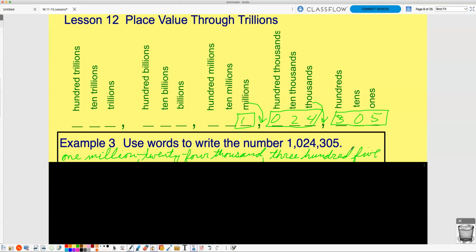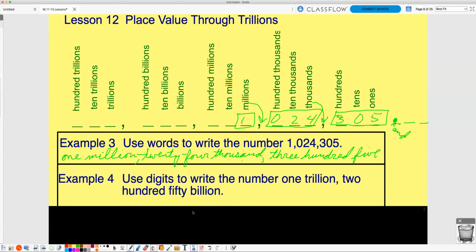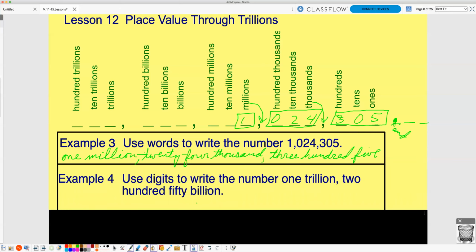And there's no 305. There's no "and" in there. That's something that a lot of people make a mistake of doing. In mathematics, the term "and" actually signifies a decimal, and then we'd have decimal numbers after it. So "and" means a decimal place. Therefore, there's no "and" in this. It's just 305. Example 4, use digits to write the number